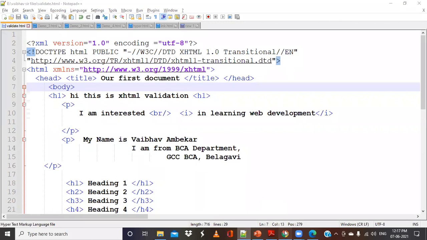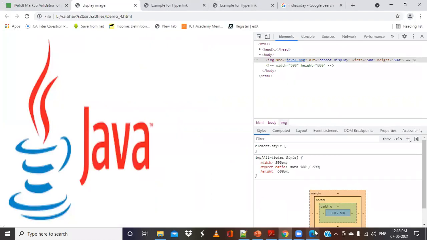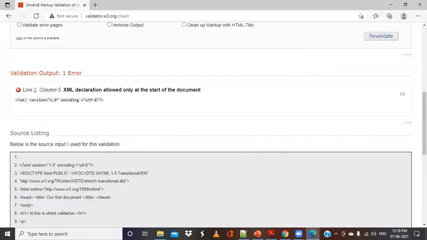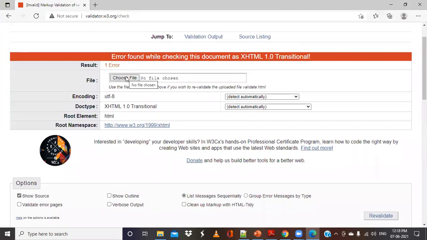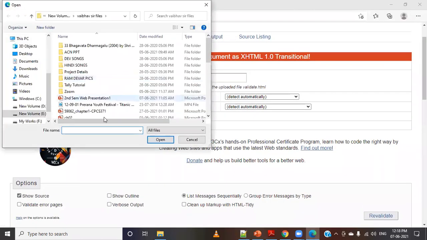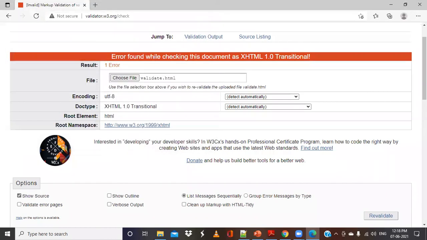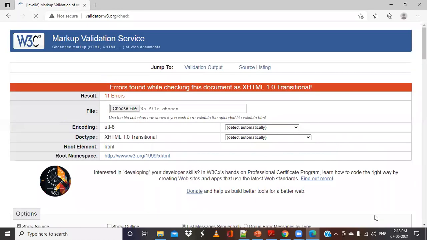So now if I run this, I will say choose file, select validate.html, open, and revalidate, and it will say 11 errors.